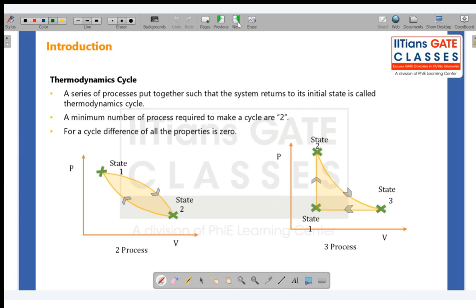A thermodynamic cycle is what? It basically repeats its state. It comes back to its original state. You start from here, you go here, then here, then here, then here, then here. But as soon as you reach back, you have completed the cycle. So for a cycle,